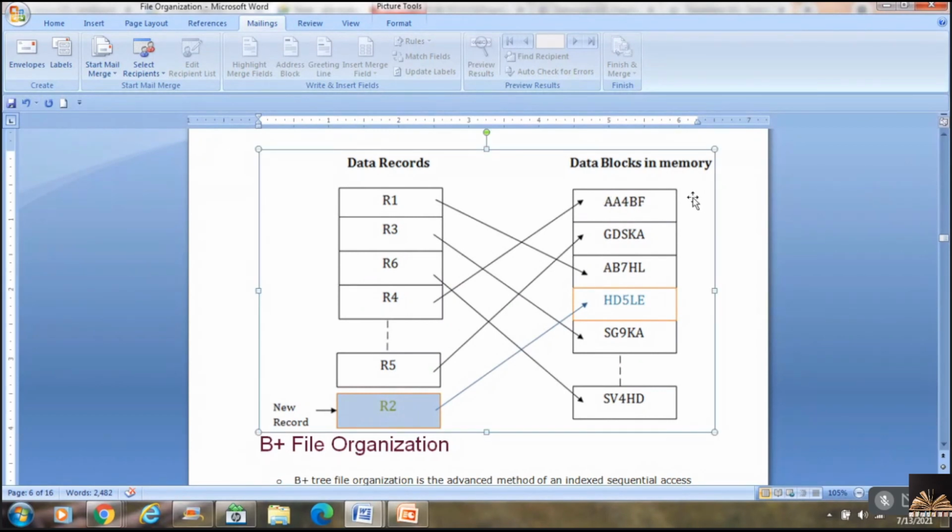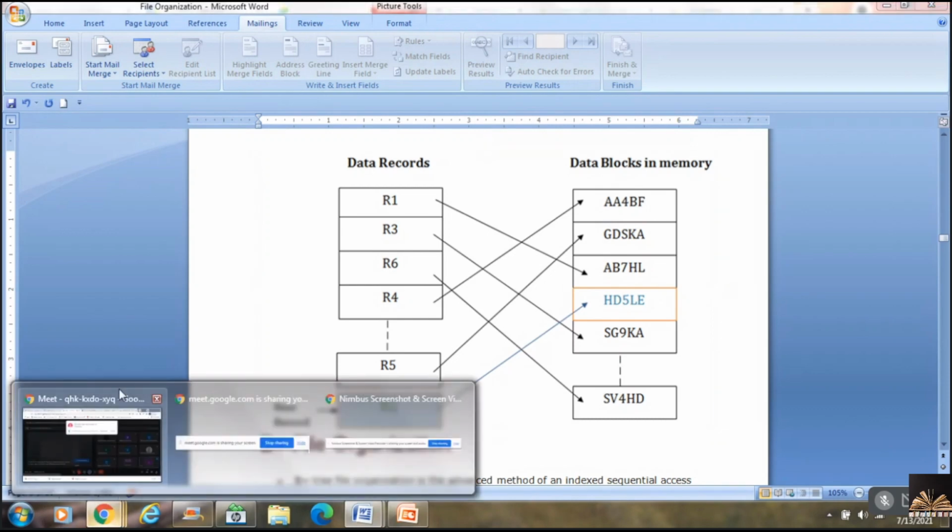R4 and R2 are giving me the same address. Then it leads to the concept of collision, because the memory place is already filled by some other record and I cannot put the same record in the same position. That leads to collision in hashing.